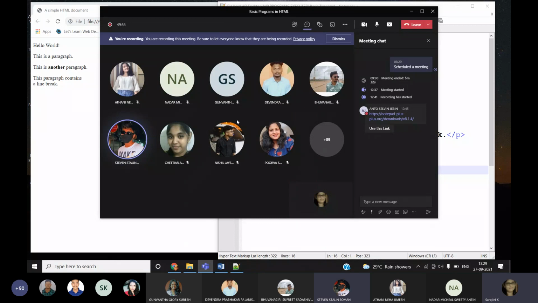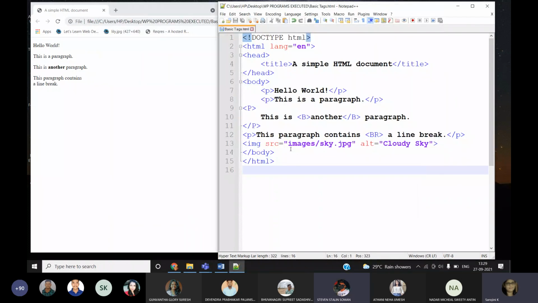The image should be on the system. Correct, I have to have this file. I should have this image in my system. I can't give any image file name like this. I have to have some image in exactly this name.